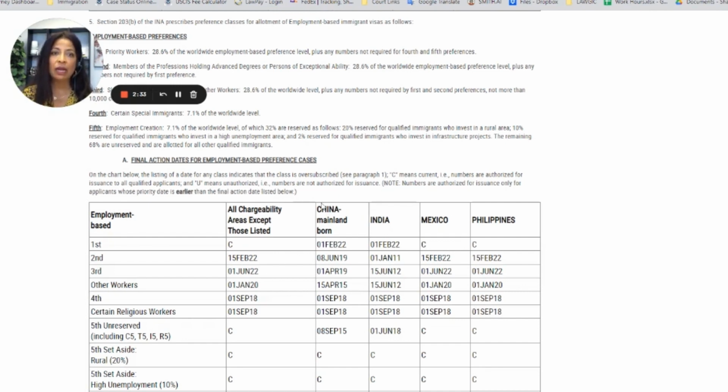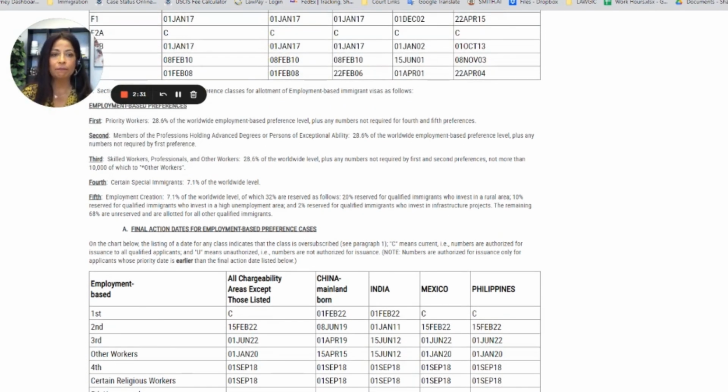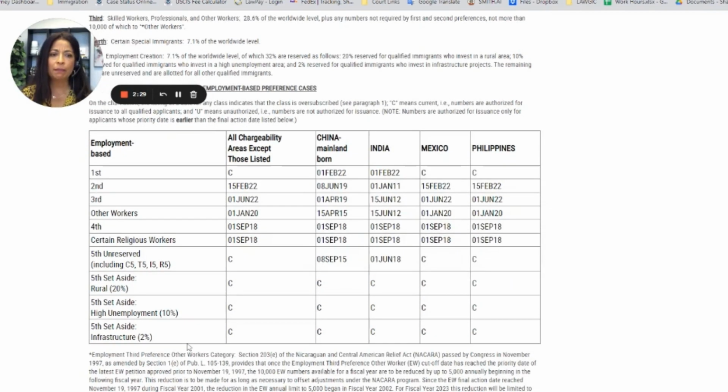Check the Visa Bulletin every month. Definitions are there as to what category you may be under. So you can see China, India, Mexico, Philippines have a much further waiting period. Other countries, you just look here to the employment-based and all chargeability to those other